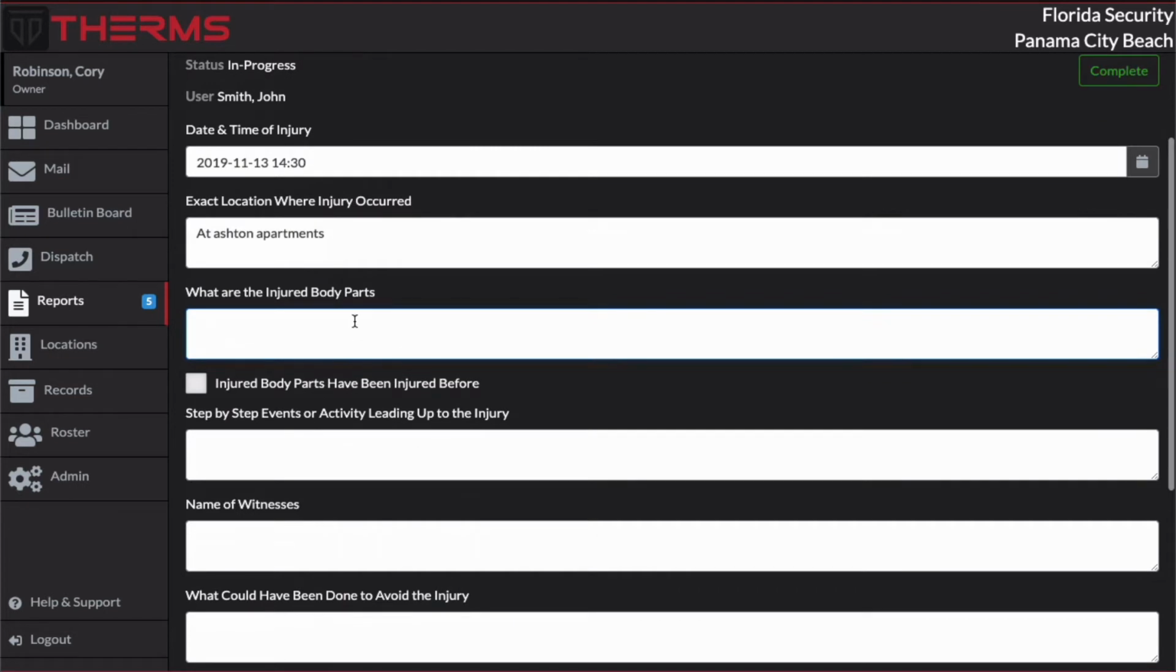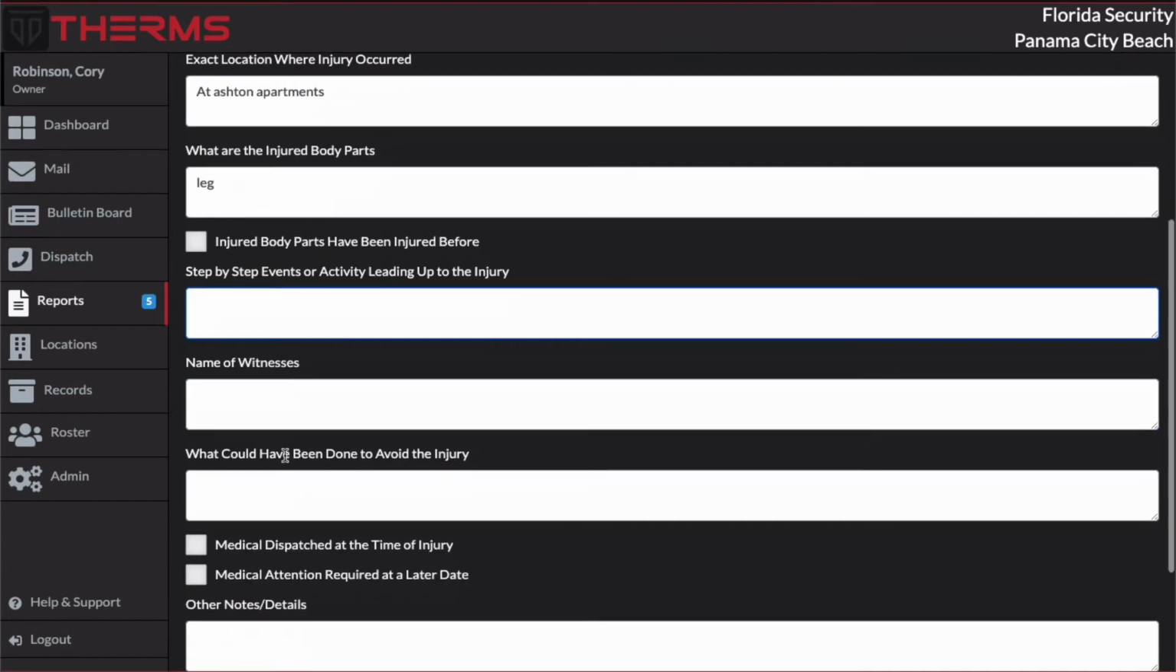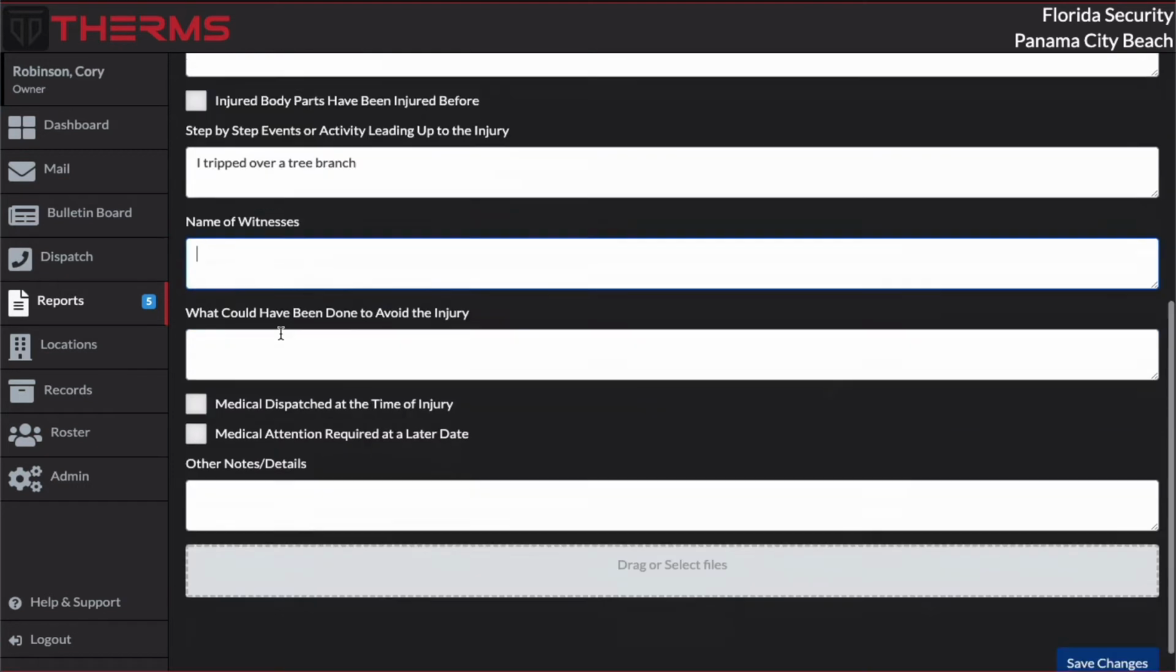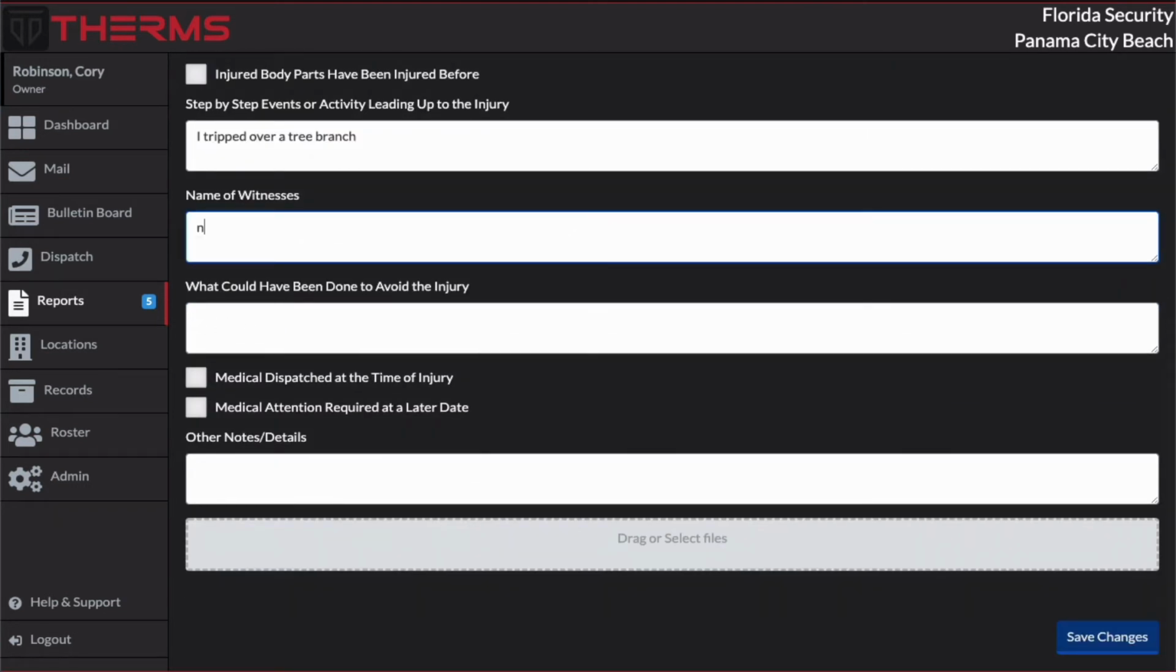What are the injured body parts? Leg. Has it been injured before? No. Step by step. I tripped over a tree branch. Name of witness? No witnesses. What could have been done to avoid the injury? I could,